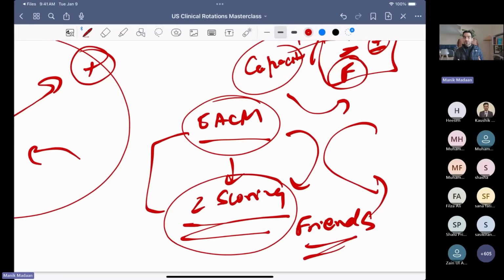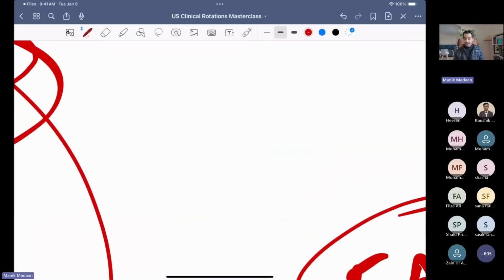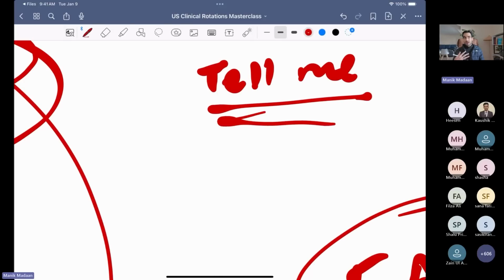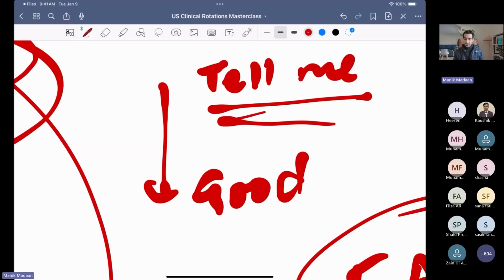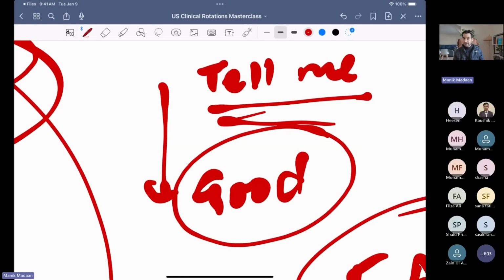I also don't want you to go into the narrative of, hey Manik, what do you think I should do? Whatever you tell me, I'll do it. I would not ask you to do any of that. That's the same advice I'd tell my brother: you have to develop a sense of intuition to see what's good for you. And the only way to do that is by becoming an independent thinker. And these models are going to help you